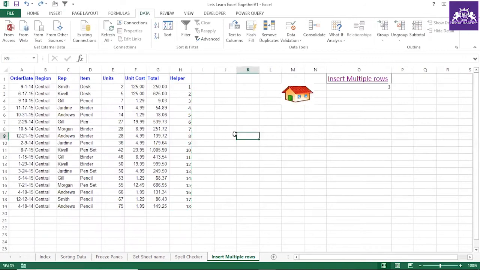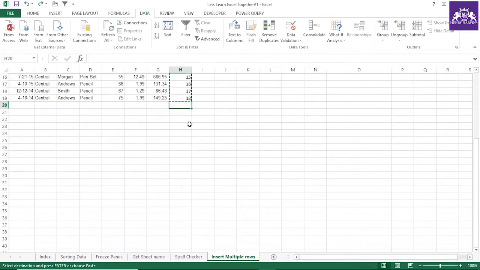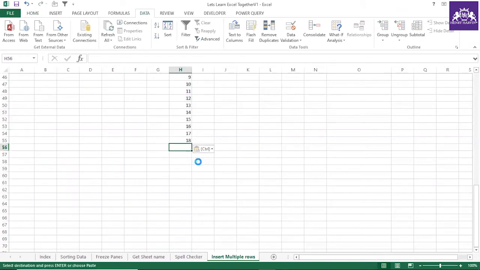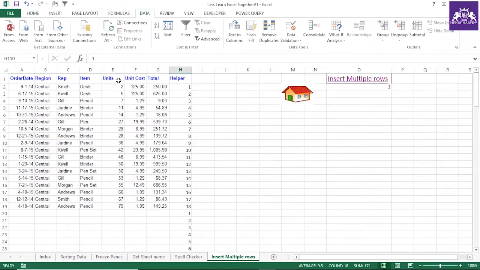Suppose I want 6 rows. So 6 rows means you have to drag this almost 6 times. This is 1 time, 2 times, 3 times, 4 times, 5 times, and again 6 times. Guys, understand, again,